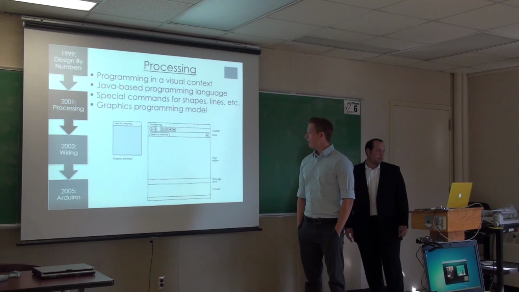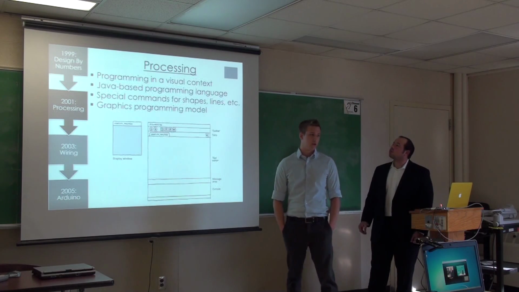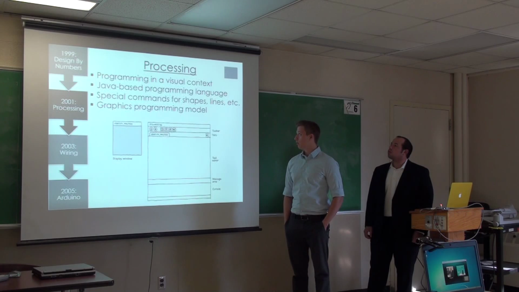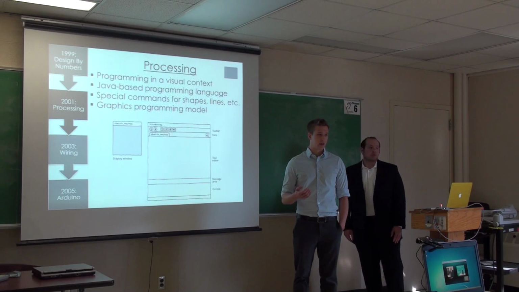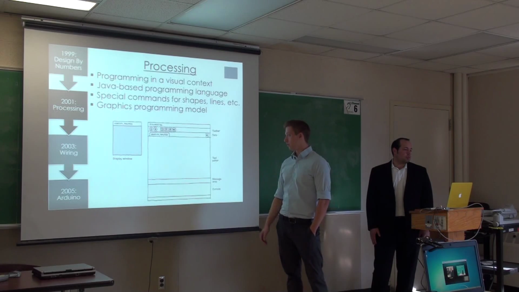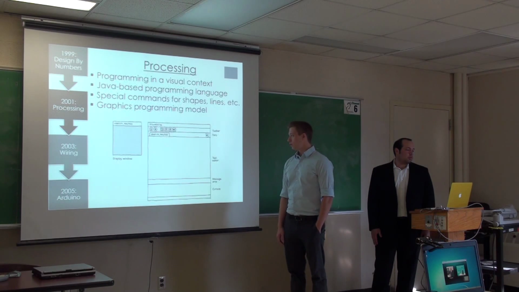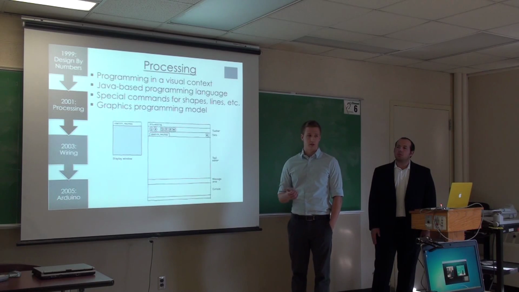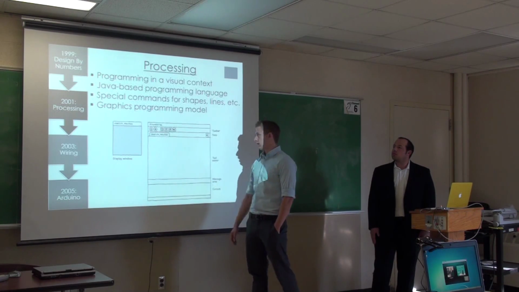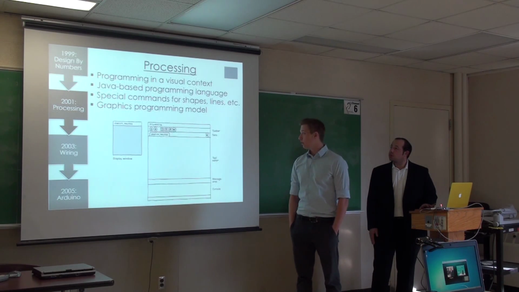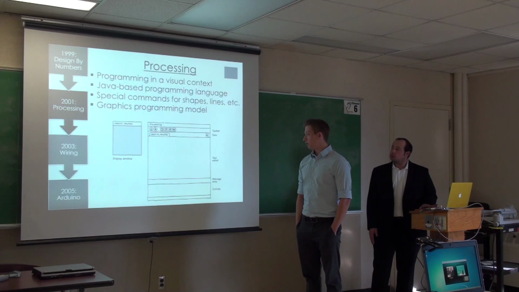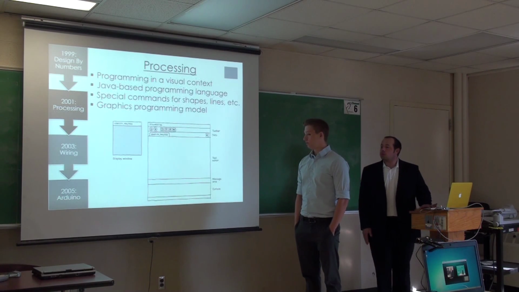So Processing followed in the footsteps of Design by Numbers in that it wanted to introduce programming in a visual context. It used a programming language based on Java, and they included commands like ellipse or line, and they pretty much tell you exactly what they do. Using these commands, you can make sketches or animations or interactions, and they're displayed in the graphics window next to the IDE here. And Addie's actually going to show you how some of those work firsthand in the demo later on. This was the IDE that Arduino based their model off of, and it also inspired the next project,